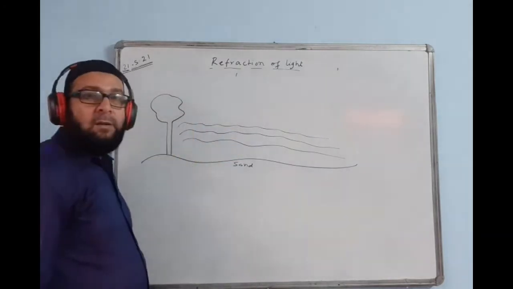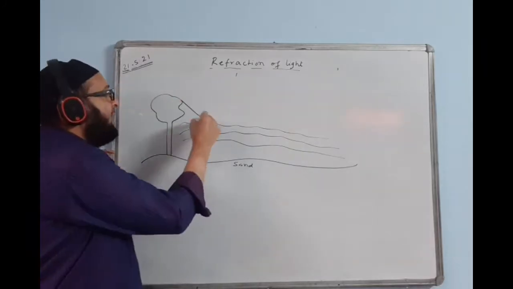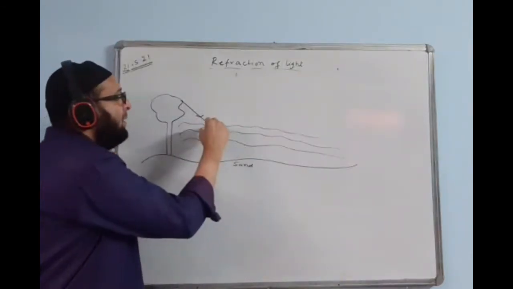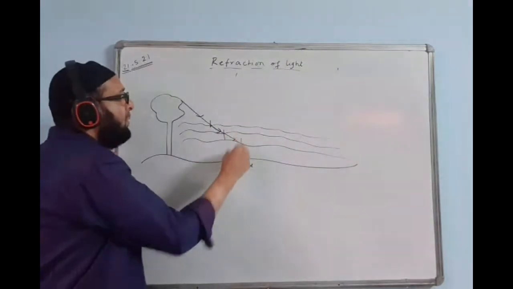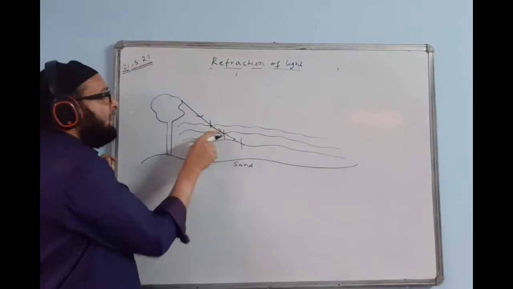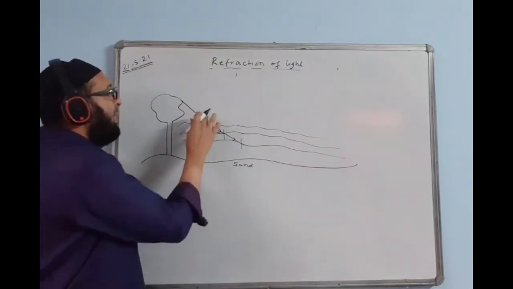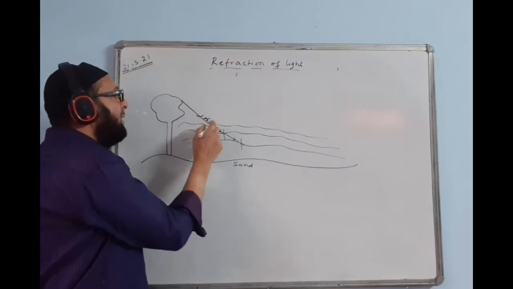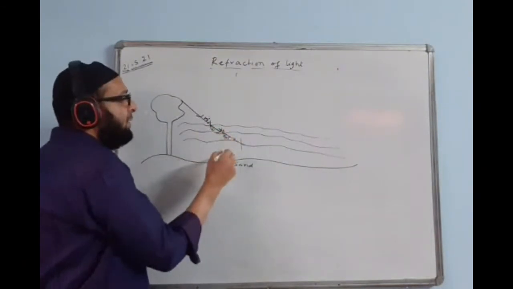Now, what happens here when the ray of light travels this way from any point? The ray will be bending. Going from the denser medium, it will go away from the normal. Again, it will go away from the normal. So every time the angle of refraction is more than the angle of incidence here. This is i, this is r. Suppose i starts at 30 degrees, this is 40 degrees. Now this will come 40 degrees, this is suppose 45 degrees.